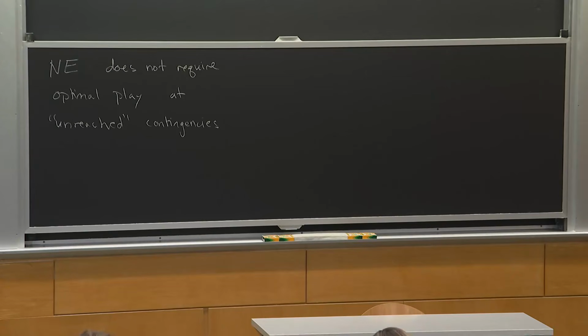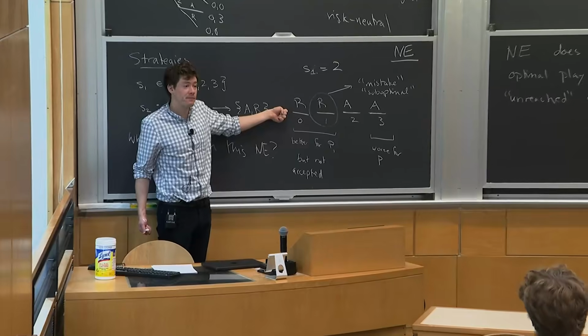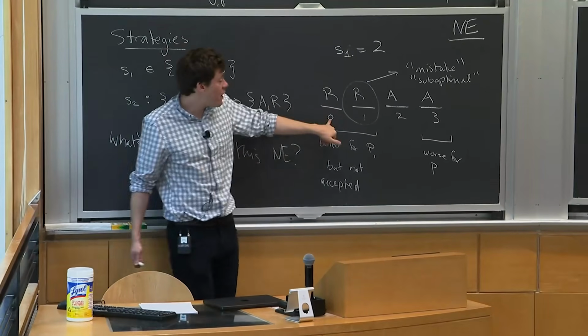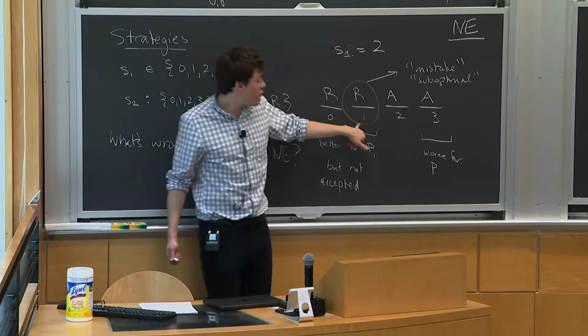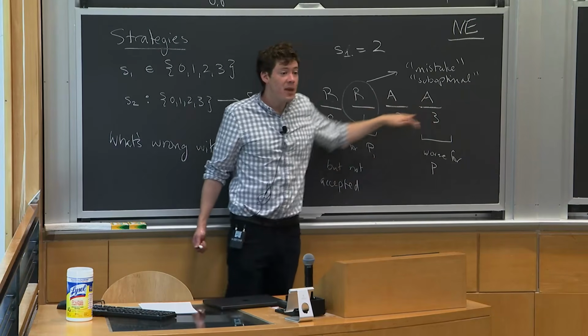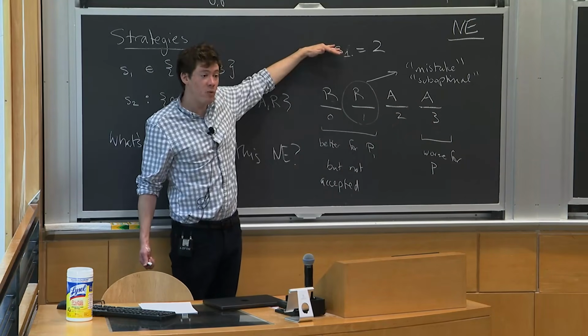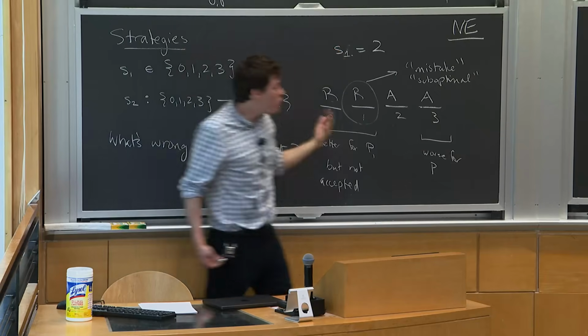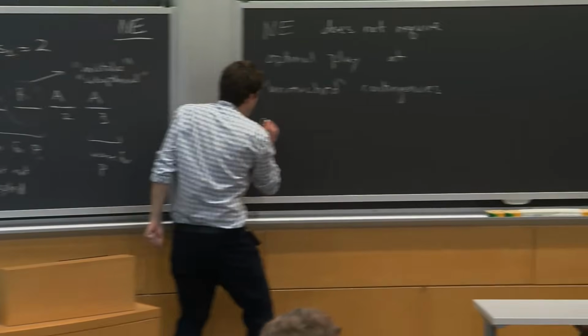And if we want to dig a little deeper, when we analyzed the Nash equilibrium of this game, we converted this game into strategic form. And we said, well, player 2 chooses a complete contingent plan. They just say, if I'm offered 0, I'll reject. If I'm offered 1, I'll reject. If I'm offered 2, I'll accept. And if I'm offered 3, I'll accept. And then they form beliefs about what player 1's going to do. So this reasoning of the complete contingent plan